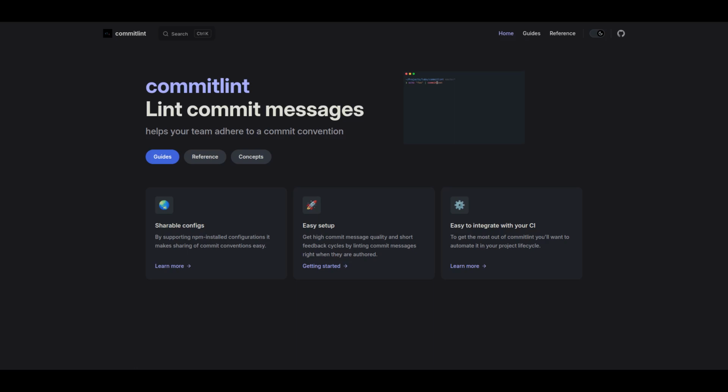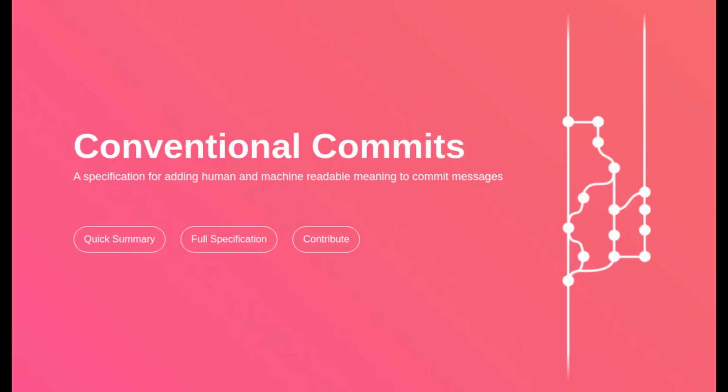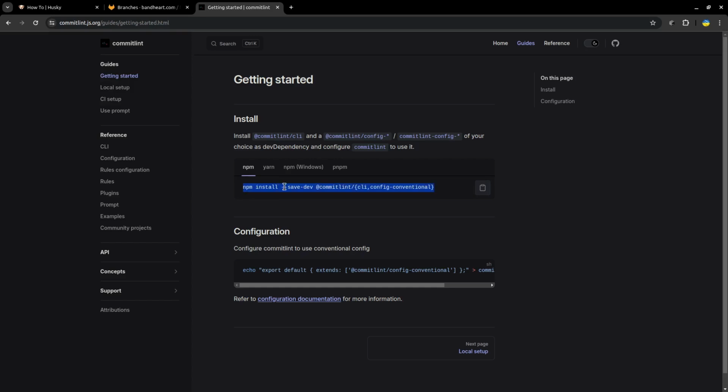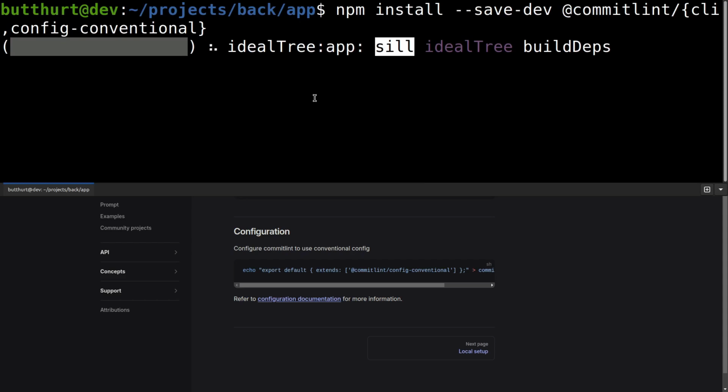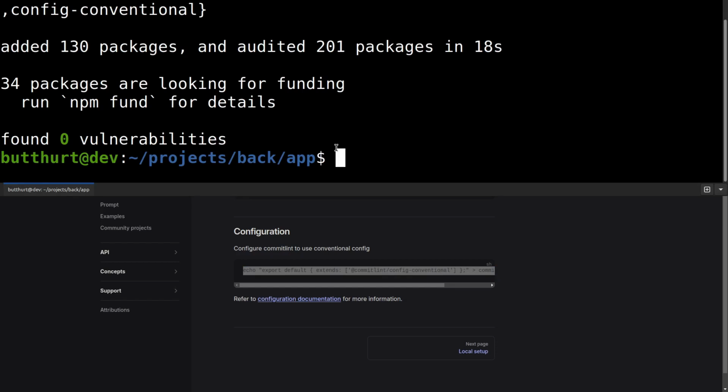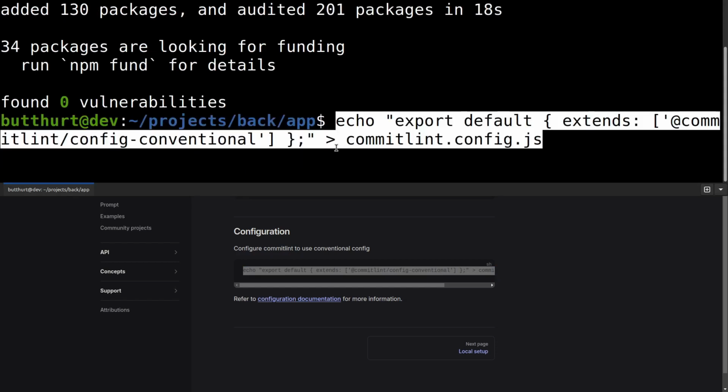Next, what I want to standardize today is Git messages. Standards have the same benefits as the branch name standard, but also simplify search in Git history. If you don't have specific rules, please use the Commitlint config conventional. This standard was developed by smart people with community feedback and it is very useful. So we go to the Commitlint website, install Commitlint with conventional standards in dev, do not forget it, and create in the root directory a commitlint.config.js file, where we can simply export commitlint conventional rules.